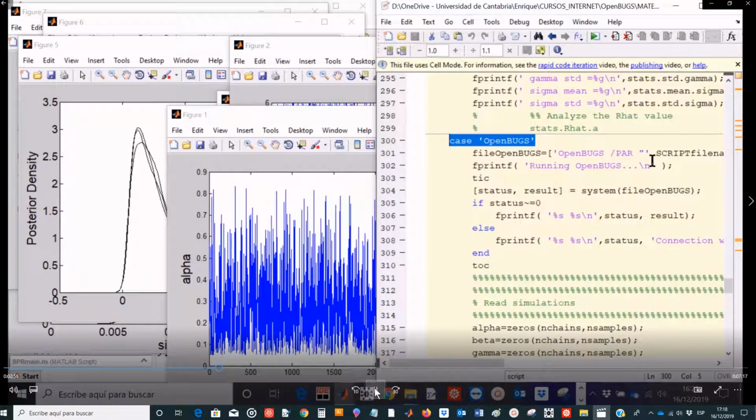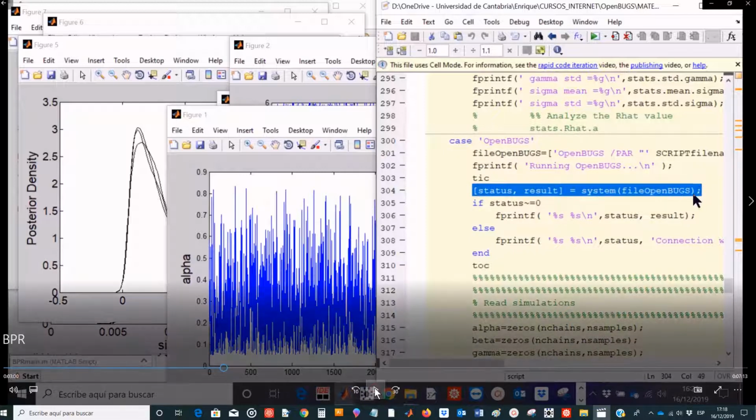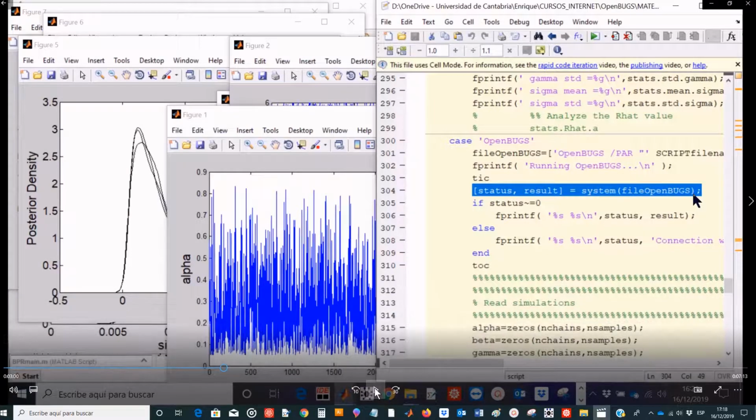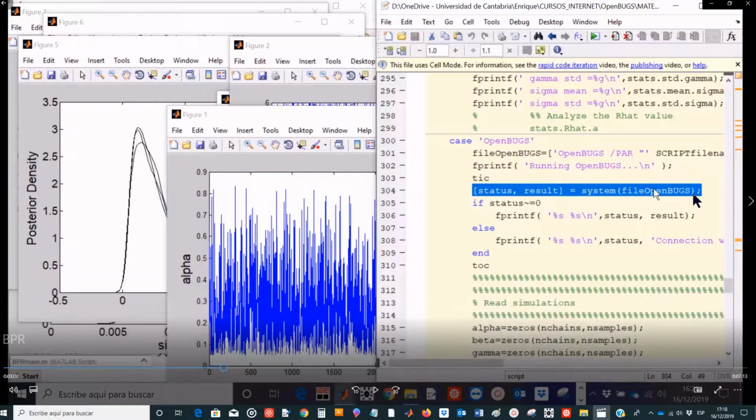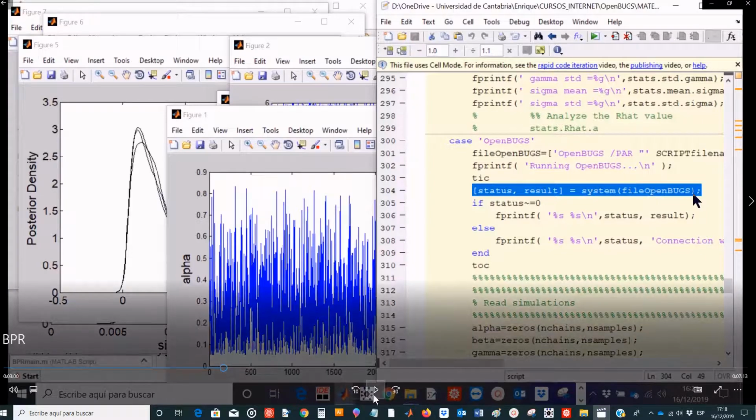And then this is the list of commands that are executed. In particular, the OpenBUGS software is executed with this command. It's called with this system command, and a file in which you just indicate the path where the program is.